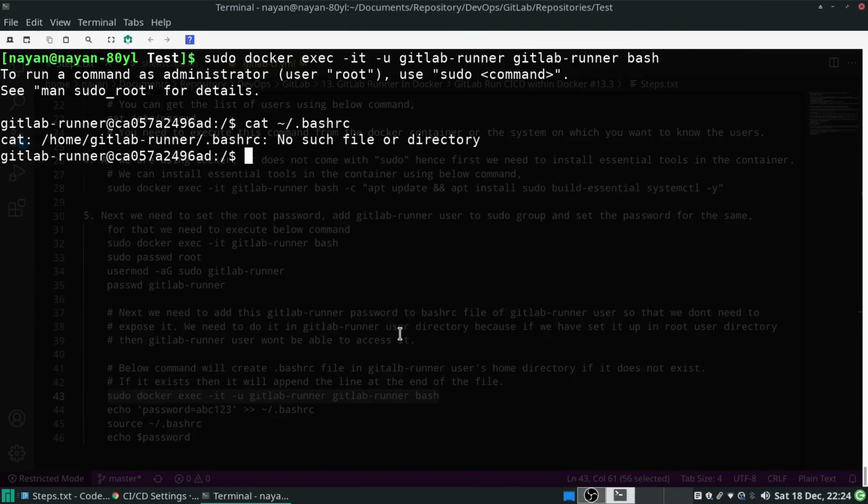Because in Docker, one user won't be able to access the .bashrc file of another user, because the bashrc file is available in each user's individual home directory. In our case, root and GitLab runner are different users, both having their own home directory and their own .bashrc file. Hence, they can't access each other's bashrc file.